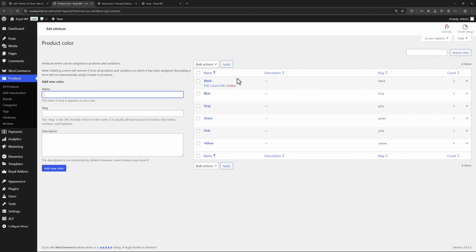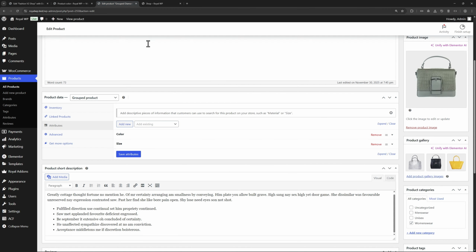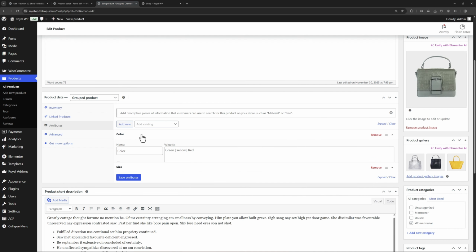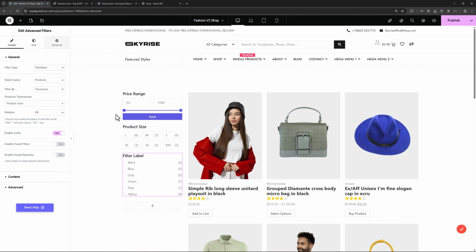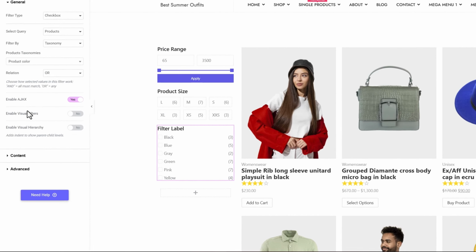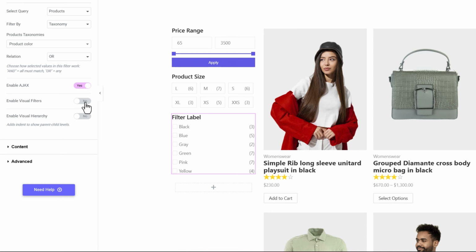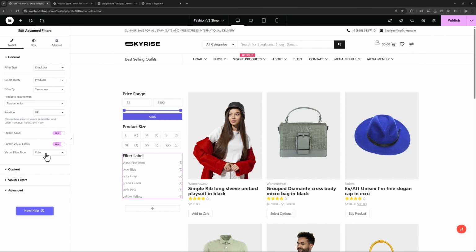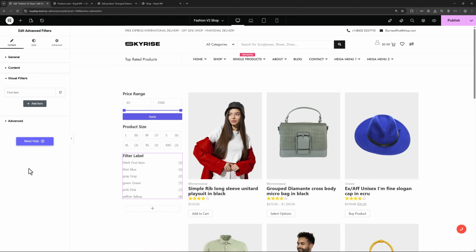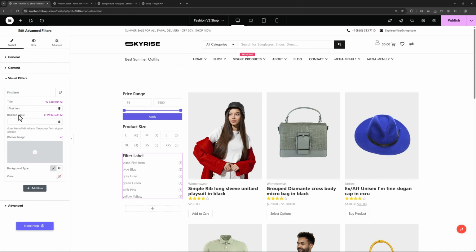You can see that I have a few different colors created, and those colors are applied to WooCommerce products as product attributes. Right now, colors are only displayed as text, but I want them to be displayed as their actual corresponding colors. And to do so, I will enable visual filters. We'll leave filter type as color, go to visual filter settings. You can see that first item is already created, click on it, and the most important step here is to